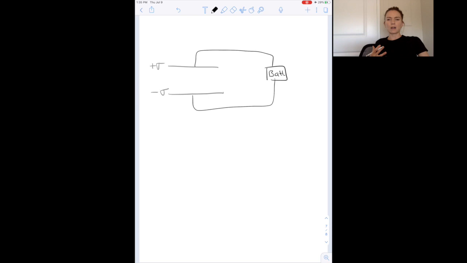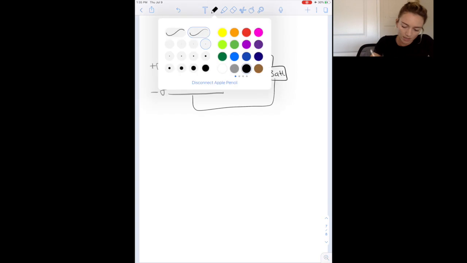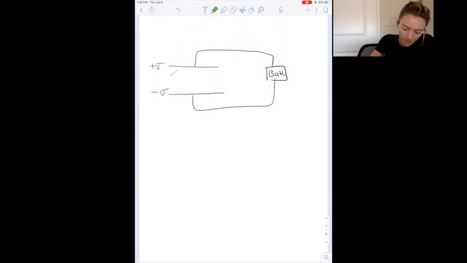So we did some of these problems, I think, in chapter 24, and we had the dielectrics. So what's the difference between, you'll see problems that say you disconnect the battery or you keep the battery connected when you insert a dielectric? So if I insert a dielectric here, so I put some dielectric with dielectric constant K,